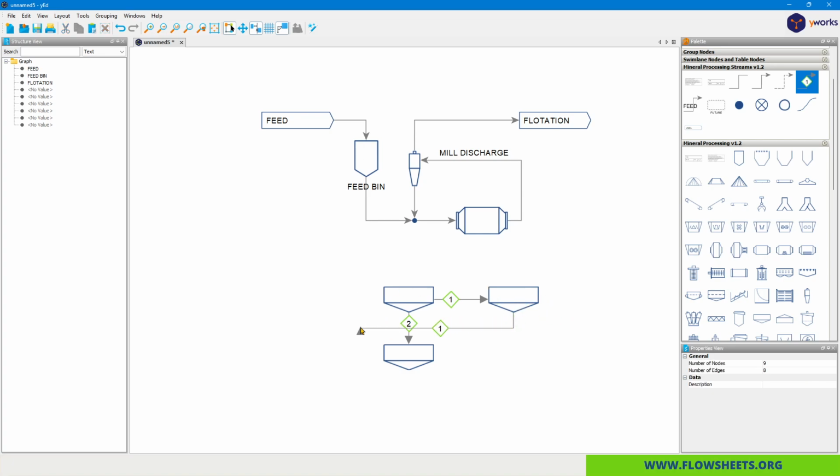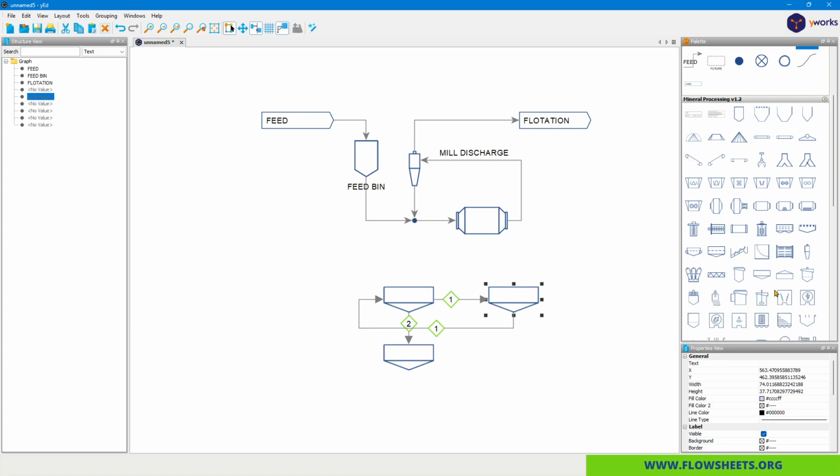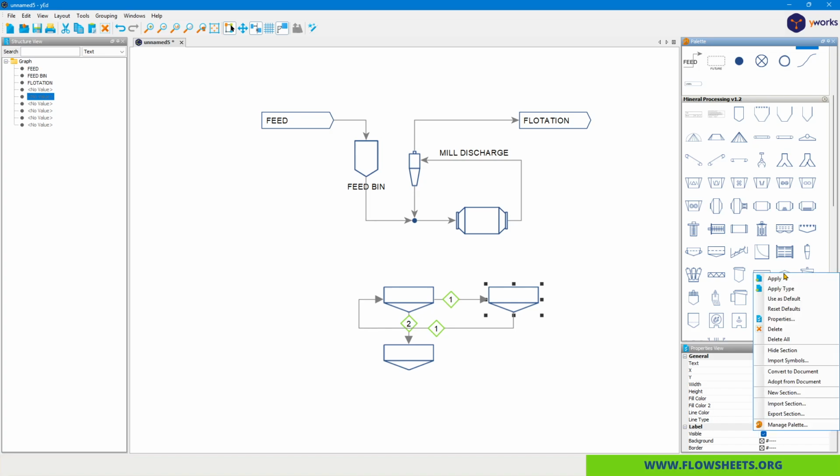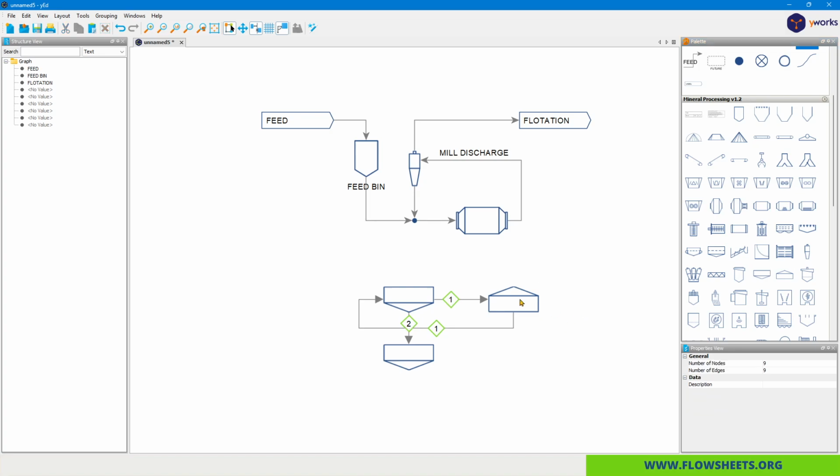In this case here, this flotation cell is always going to have a crossover where we bring it back around. So if we just go ahead and do this, you can see that we've got the crossover. I always like to avoid crossovers if possible. So one way of doing that is by using the upside down float cell. So you can right click on the upside down one and say apply type,